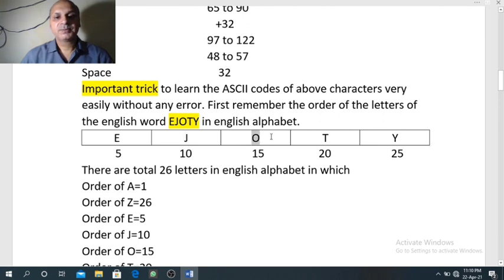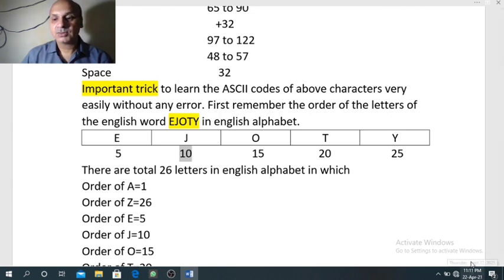One more option you have. O has order 15. And just before O we have N, and just before N we have M. So M and O are 2 apart. So if you subtract 2 from 15, you will get the letter M. Or the second option, if you add 3 to 10, because M comes 3 letters after J. So in both cases you will get 13.